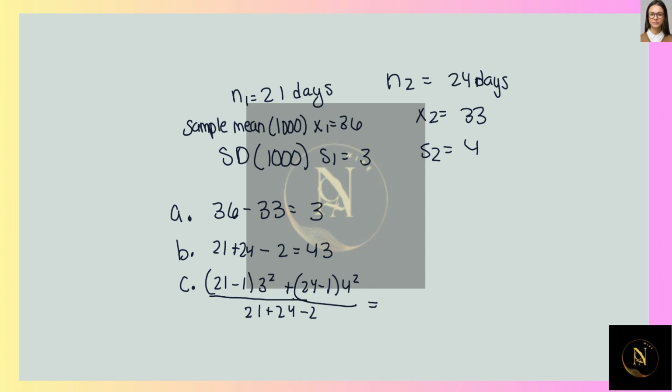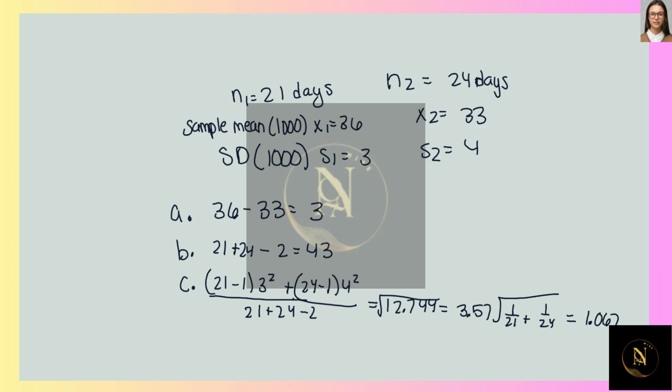And all of that's going to equal 12.744. Then you find the square root of that, and that is going to equal 3.57. Then you're going to multiply that 3.57 by the square root of 1 over 21 plus 1 over 24. And that's going to equal